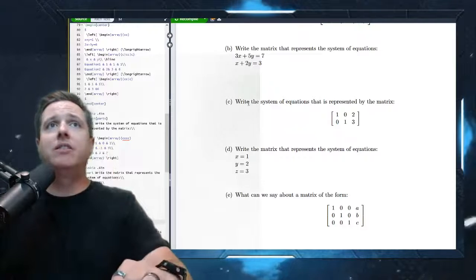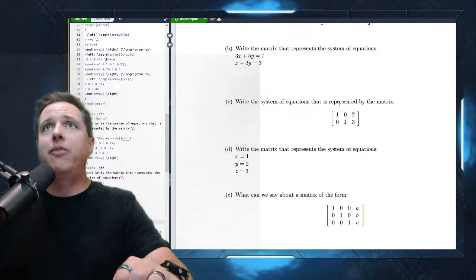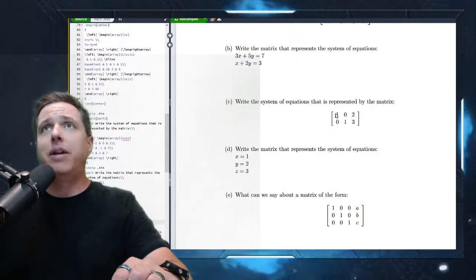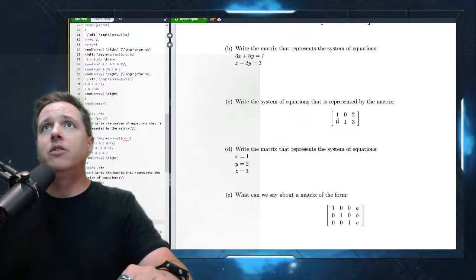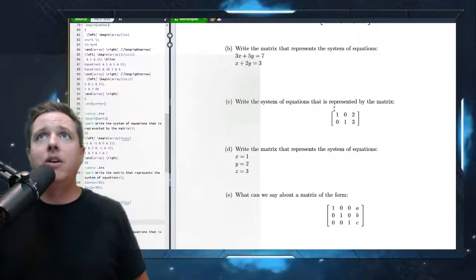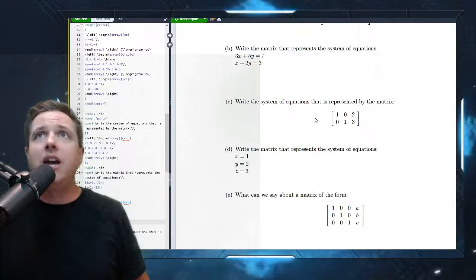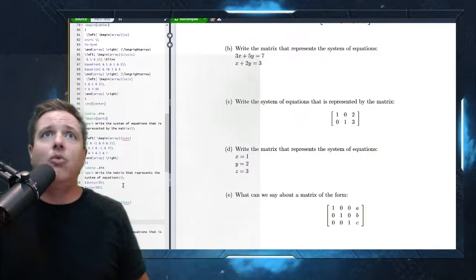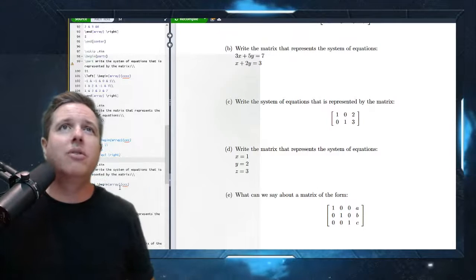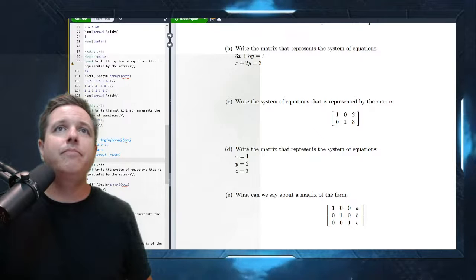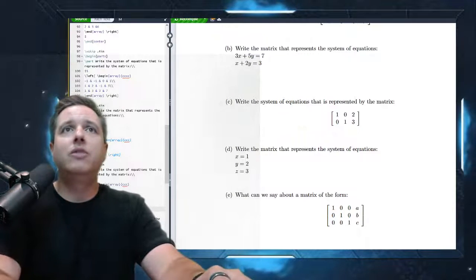Okay, so we've got this system down here. Write the system of equations that is represented by this matrix: 1, 0, 2, 0, 1, 3. So remember, the first column's an x, the next column's a y. These are the solutions to our equations. And then each row represents an equation. So if I go here, let me find where's the code for that. Okay. So doing that, this would become